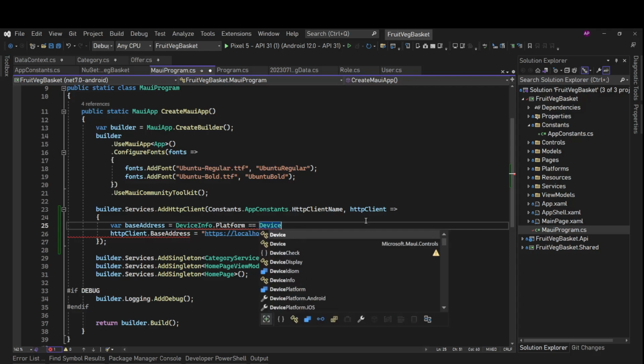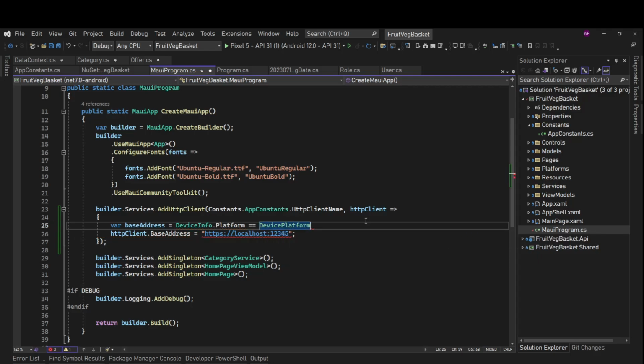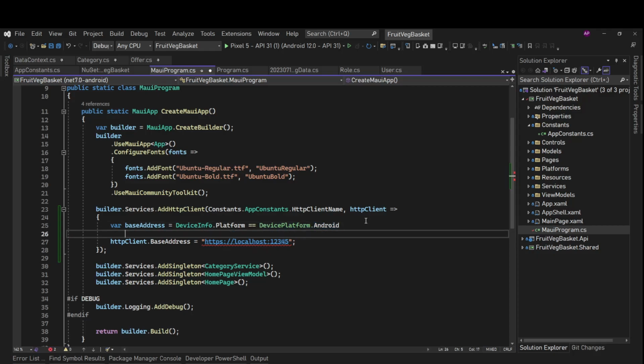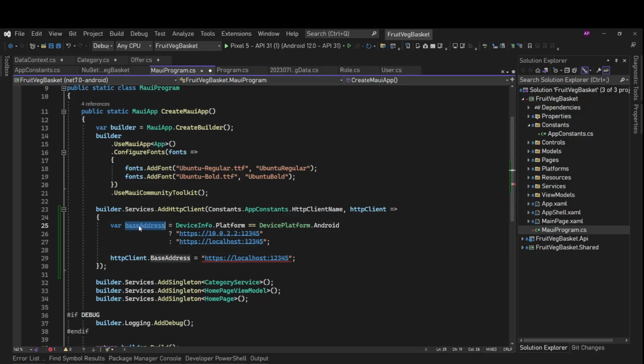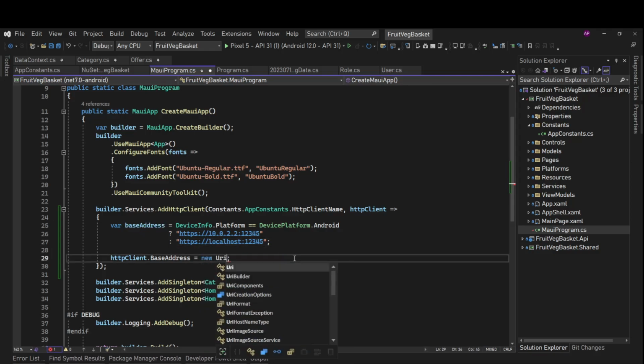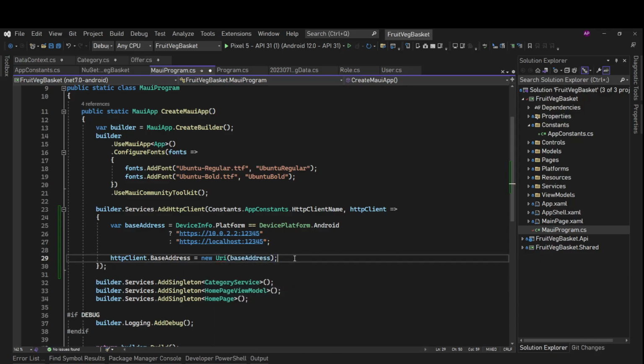So if this is DevicePlatform.Android, then we would have our base address as 10.0.2.2 and then our port, which is 12345. And if that's not the case, for iOS it will be the same localhost 12345. This is our port. Fine. So we have this base address. We'll set it to HttpClient's BaseAddress, new URI, and we'll set this.